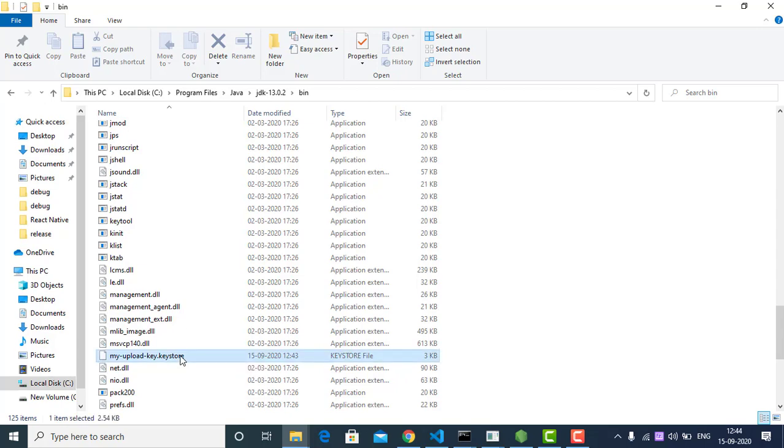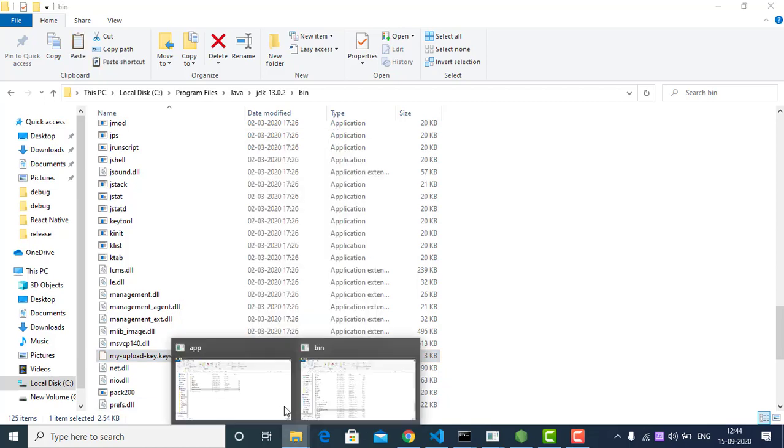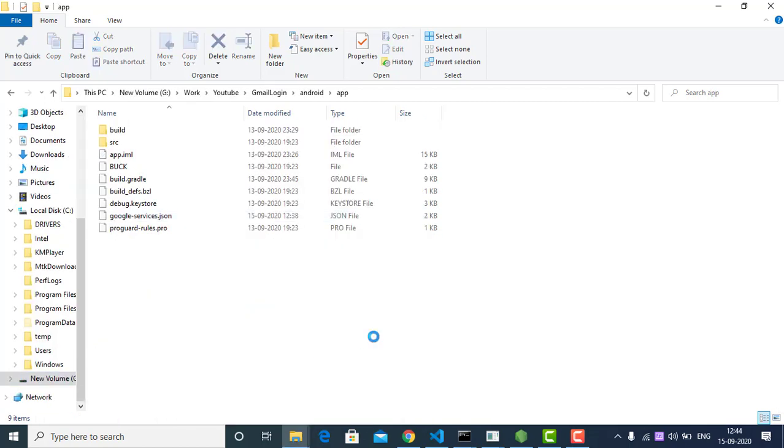I am going to copy this one, and paste it over here where our debug.keystore is placed.